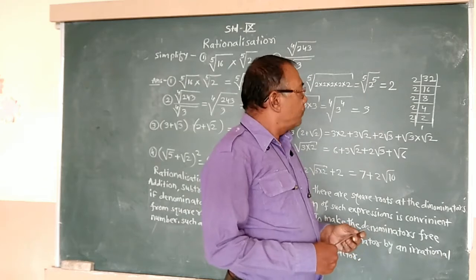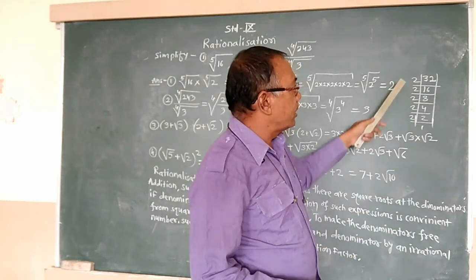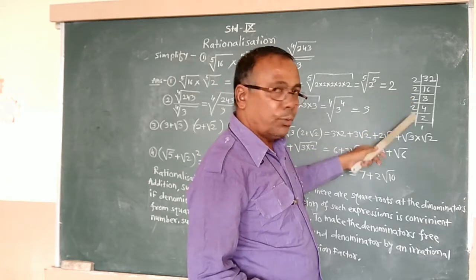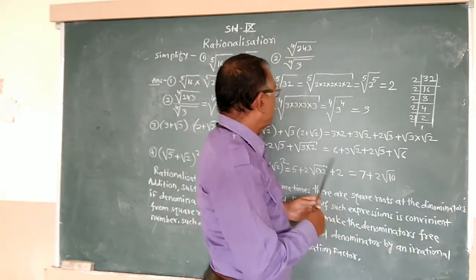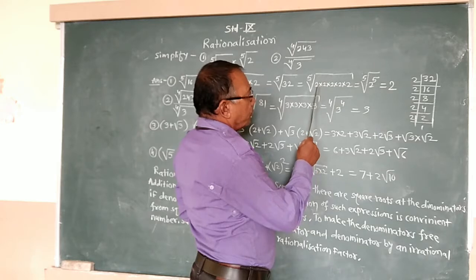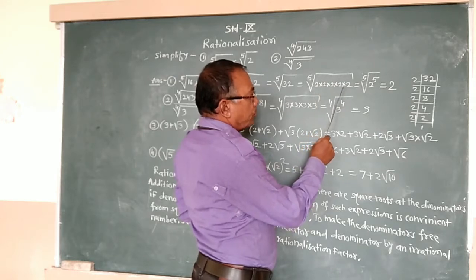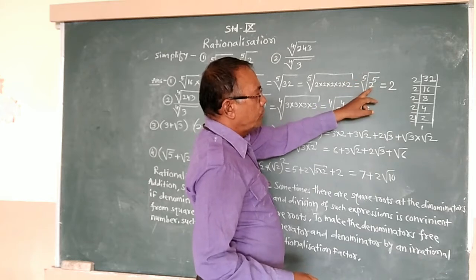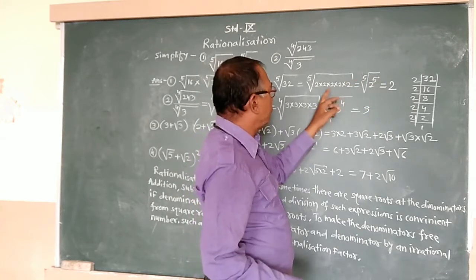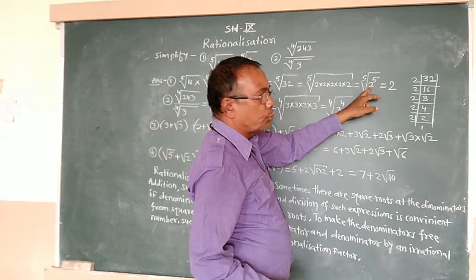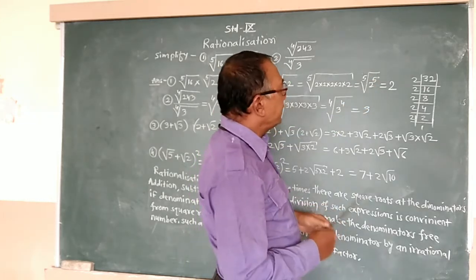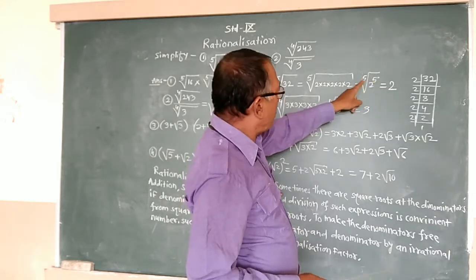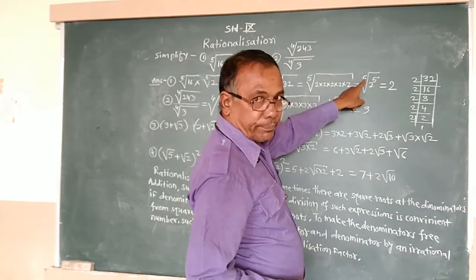In this way, we got the factors of 32: 2 into 2 into 2 into 2 into 2, 5 times. So the fifth root of 2 into 2 into 2 into 2 into 2, 5 times, is the fifth root of 2 raised to 5. So 2 into 2, 5 times, is 2 raised to 5. Here it is seen that the exponent and the order are both the same.